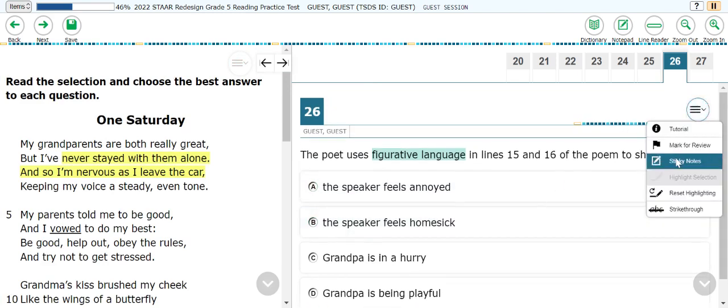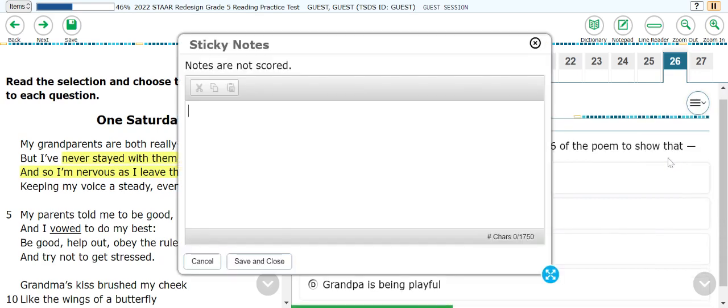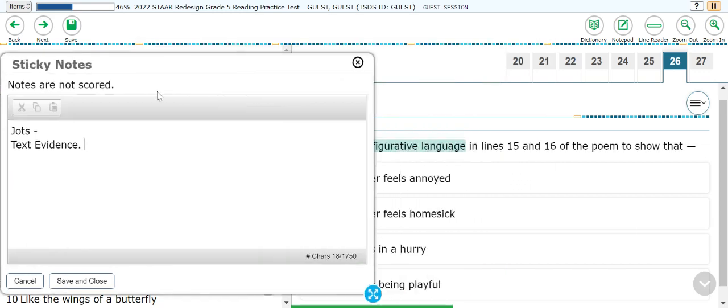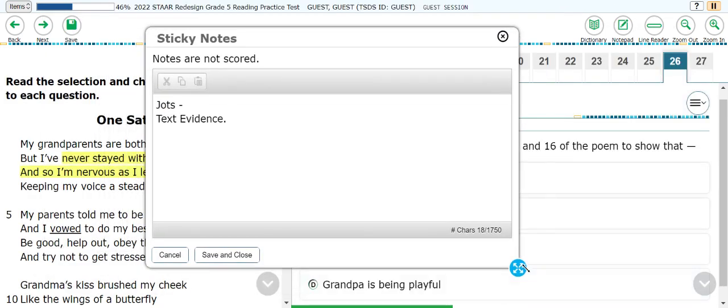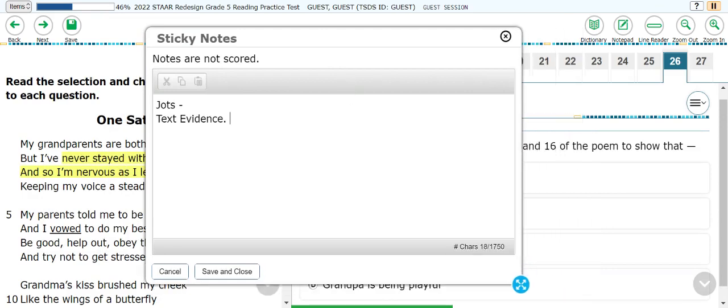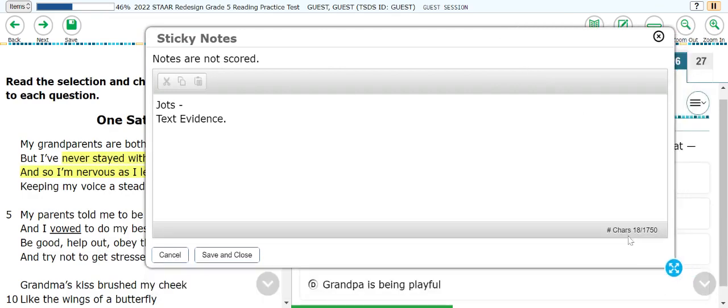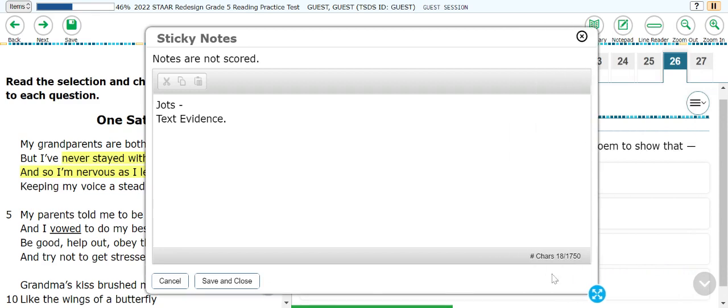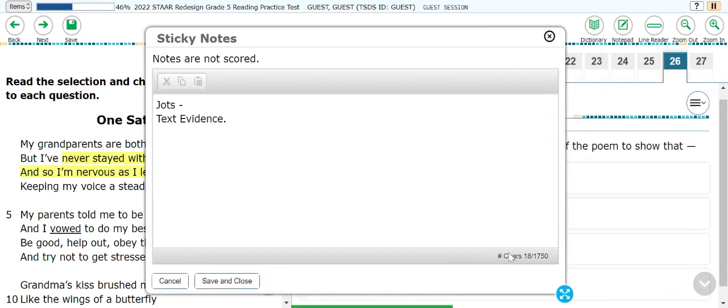The other thing that's different is the sticky note. So they can click sticky note, and this is where they could type their jots, or they could type text evidence. And another difference, my students have been complaining on Eduphoria that the box, you can minimize and maximize it, but on STAAR, you can actually move it around and you can change the size. You can make it bigger, you can make it smaller, and then when you're done, you do have to